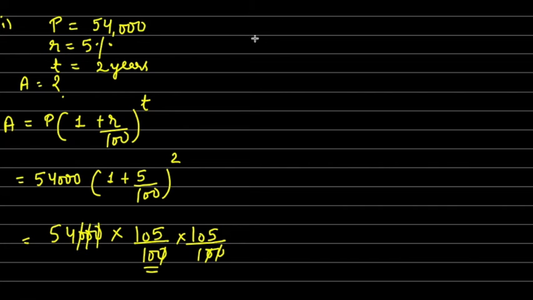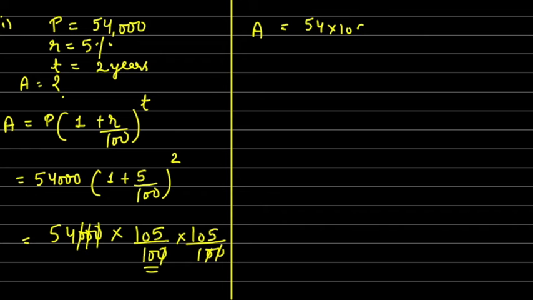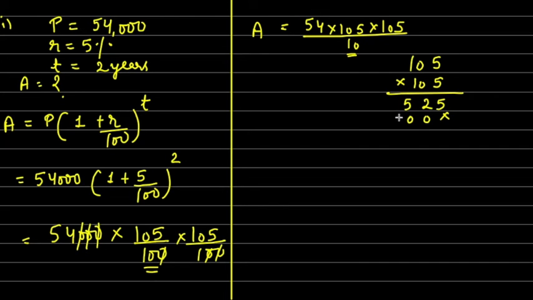Now it means the amount is coming 54 into 105 into 105 upon 10. We will not simplify it further because we will directly place the decimal using this 10. So first let's do 105 into 105 carefully. 5 5s are 25, 5 1s are 5. Any number multiplied by 0 is 0. 5 0 1 gives you 5 0 1 1. So this is coming out 11025, to be multiplied with 54.